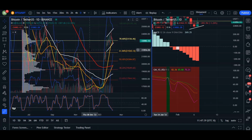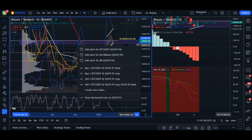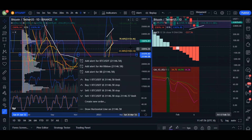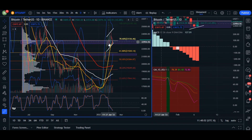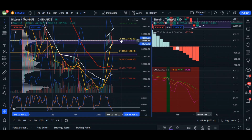Now, if we take another look at our supply and demand using our volume profile fixed range, we can see that the price has a good cluster at the very bottom, where we saw the price come down today. And here is another cluster of two nodes down here. There is a lot of supply shown in the last couple of days, as the overselling, or the sellers in the marketplace, is giving off that demand. We're considered oversold right now, which gives us some leeway to continue to come up and hopefully break above the 78% of our fib,